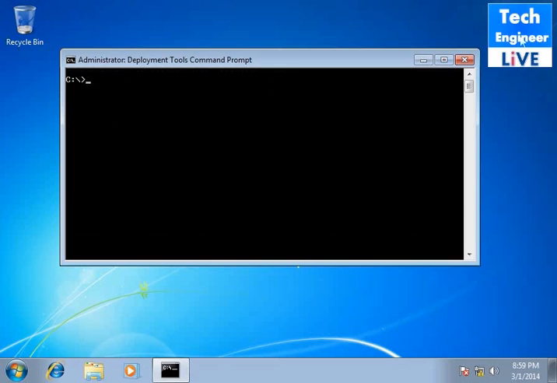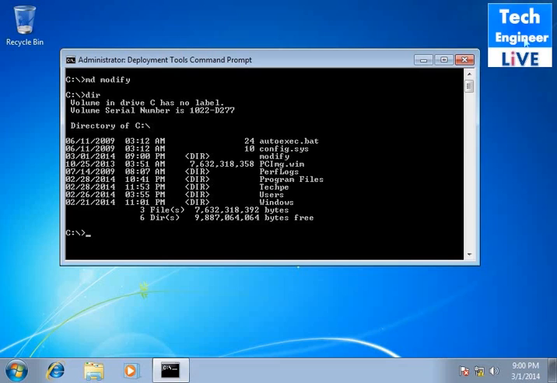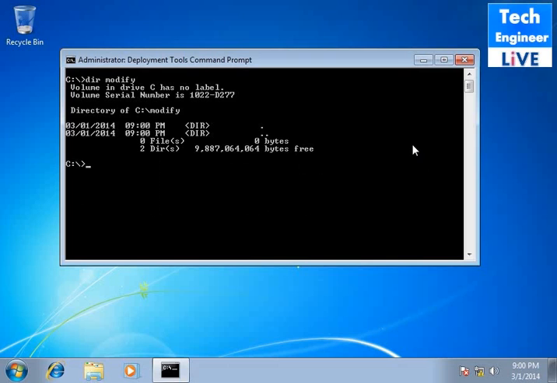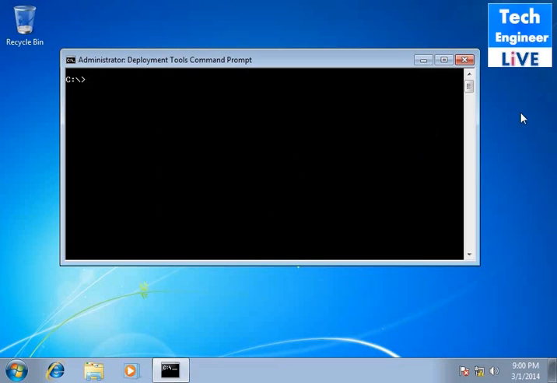First we create a directory, and in the directory we will first mount our image. You can see we just created the modify directory, and we are now going to mount. So the first command will be dir modify, and you will see the directory is empty, but we will now mount our image to that directory, by which we will be able to modify our image. So our command will be DISM